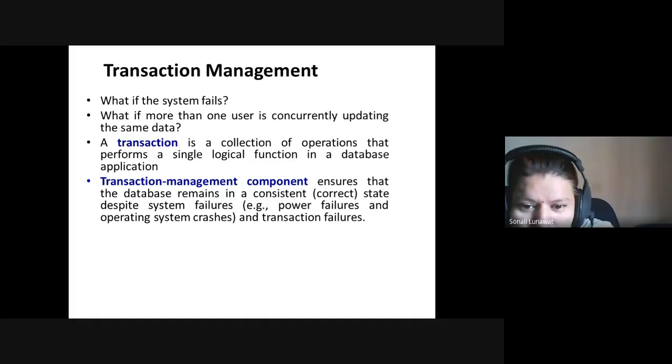Now, despite system failures, sometimes the system crashes, there are power failures and transaction failures. The banking system faces these major problems. If there is some environmental condition, and your server is residing in one place and your bank server crashes, then it makes a big loss.